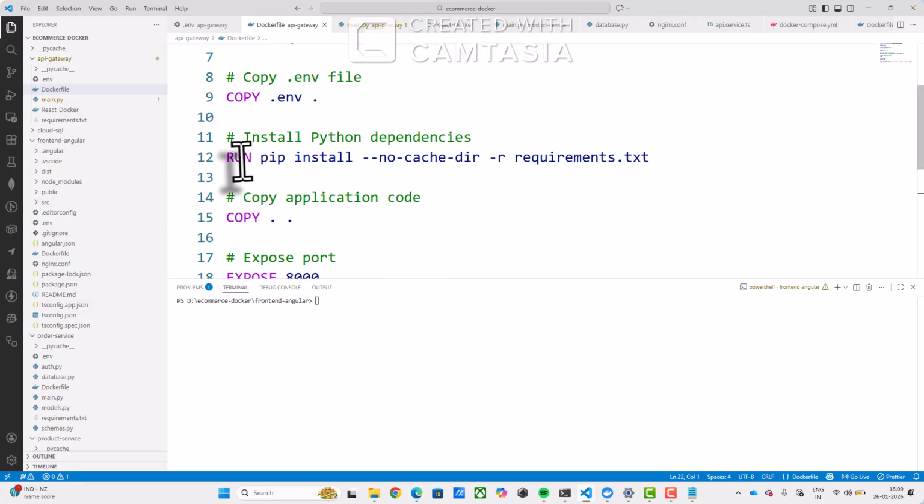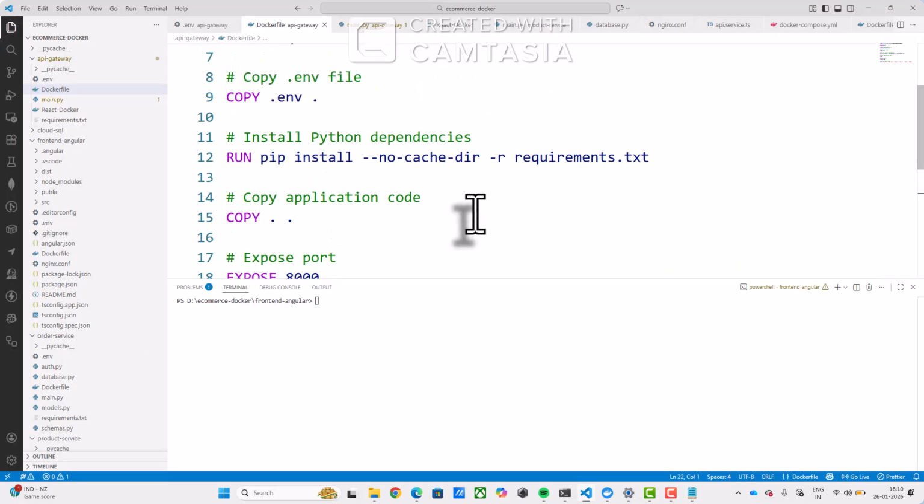And here you have run pip. These are the Python dependencies, whatever we need, that will be installed in this layer, that is the dependency layer. So you have to mention the command that needs to be run over there. And the next layer, as we had discussed, is the